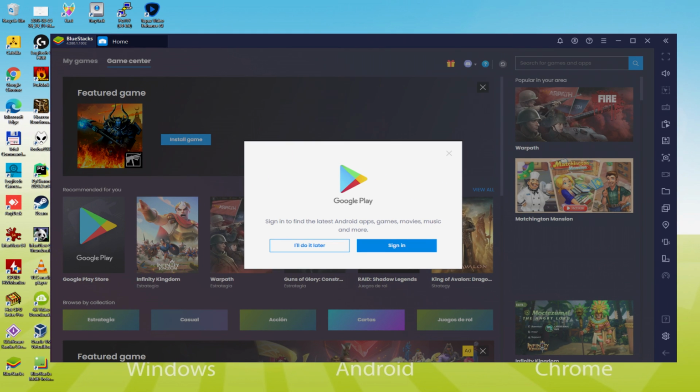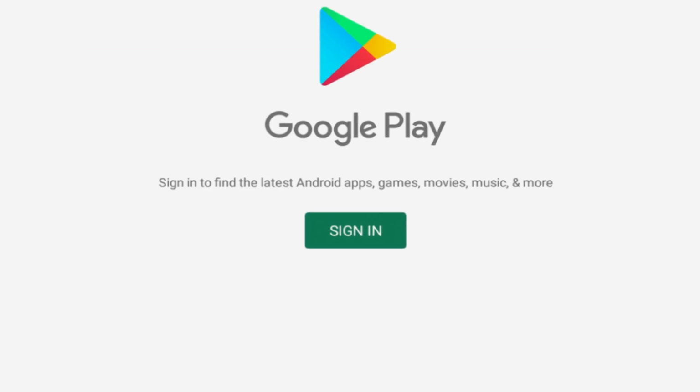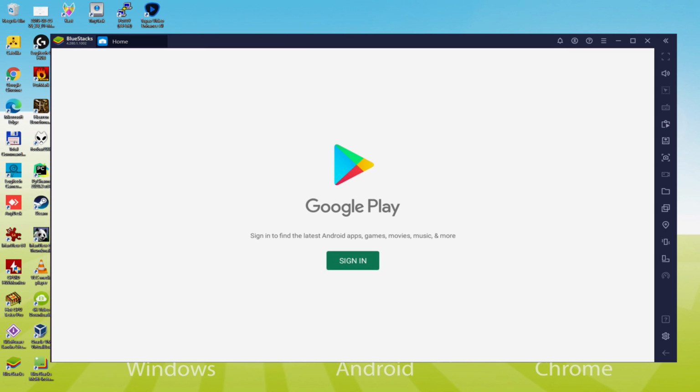Shall we do the next step, which is a requirement, and this is to begin to browse the Google Play Store. As you can see the Google Play as presented. There we need to sign in. So now once we are here, we have to execute this following step that is definitely mandatory. Therefore click on Sign In.